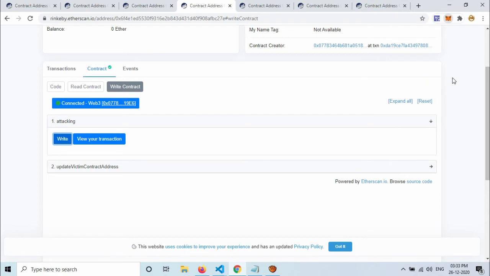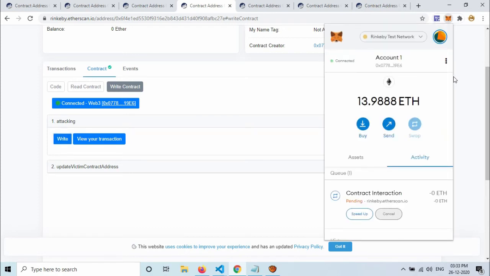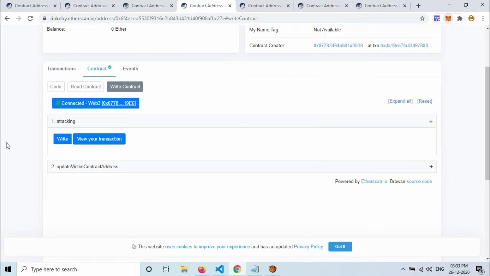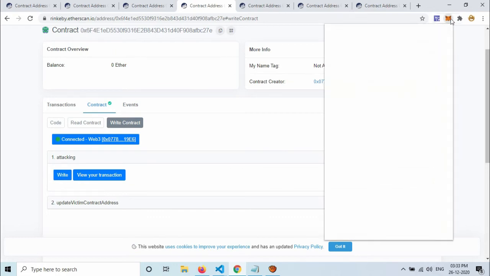Now we have to wait for the transaction to confirm. Transaction is in process. Transaction is confirmed. Now let us check the balance of the attacking address, the victim address, and the balance of account 1.